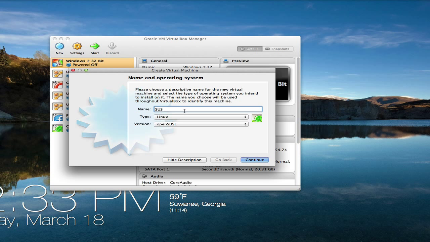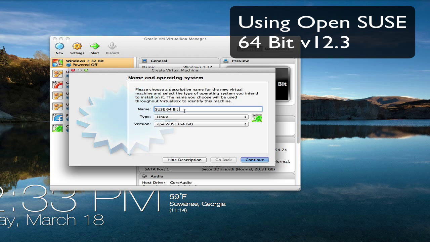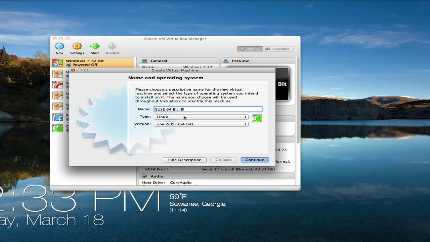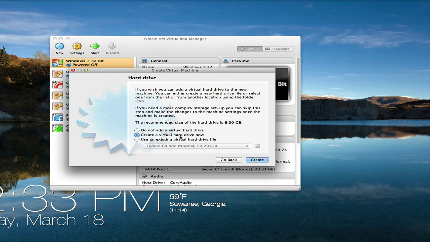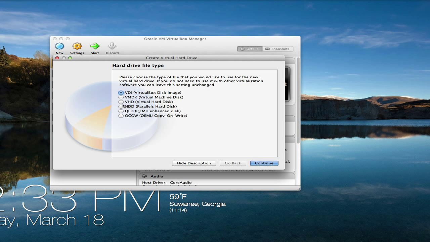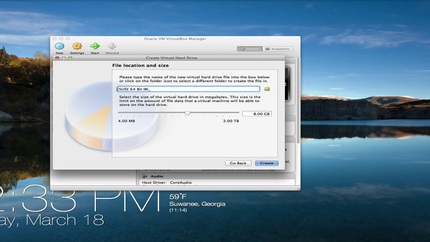I'll choose SUSE 64-bit, and use a SUSE 64-bit OS. Okay, and I will do that. I will give it as much memory as I can. I'm going to give it 5 gig of RAM, and I'm going to create a new hard drive. I'll just create a Parallels hard drive, and I'll create this on a